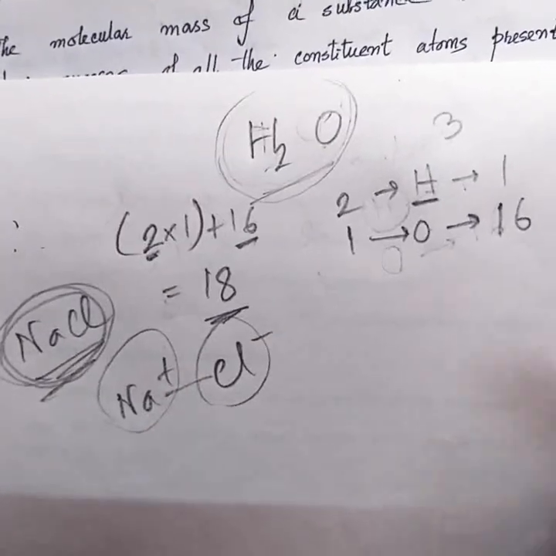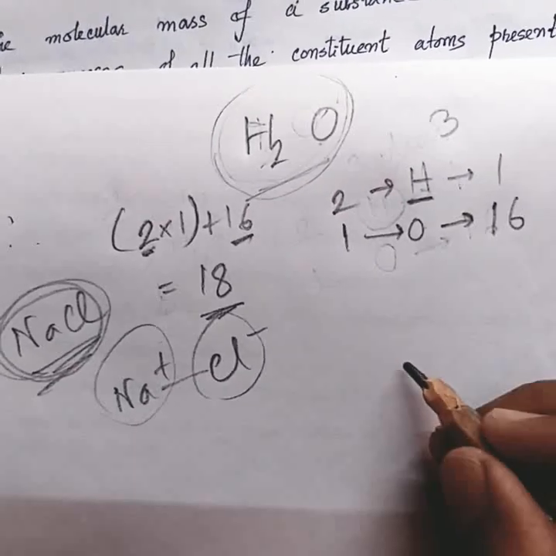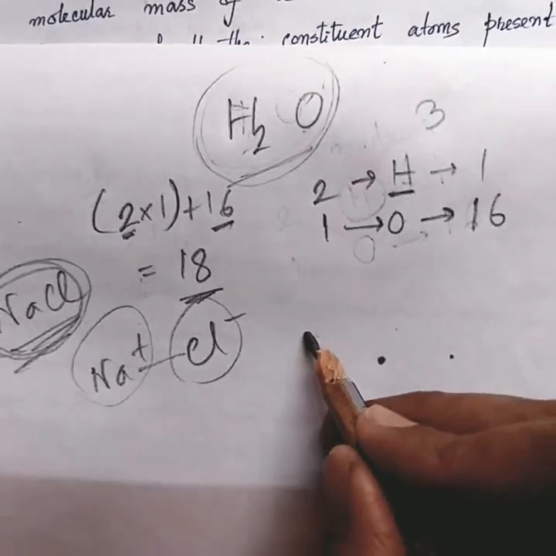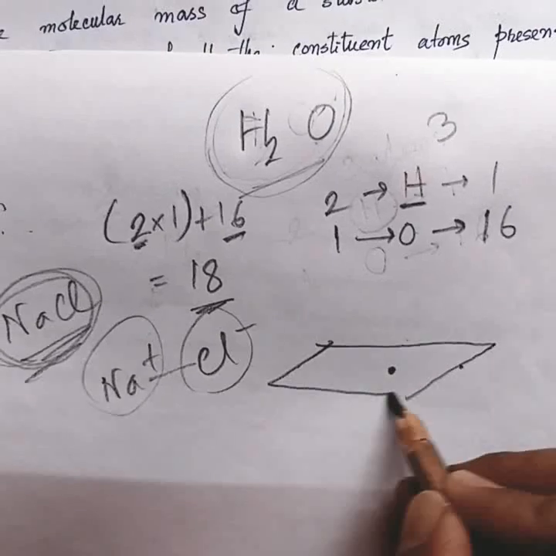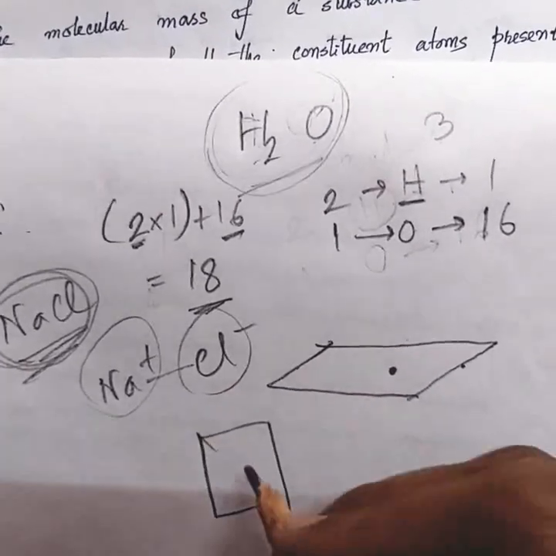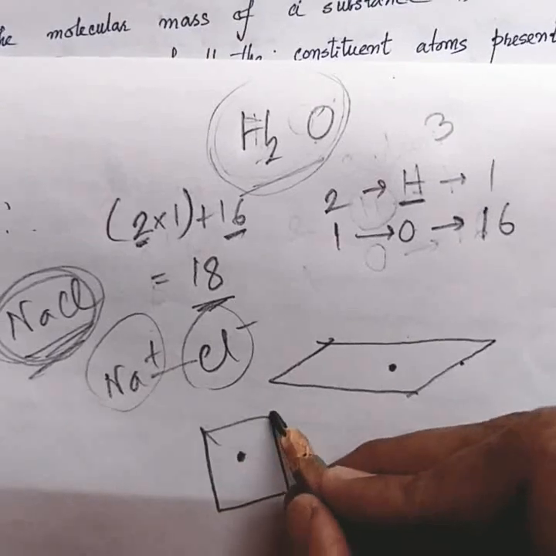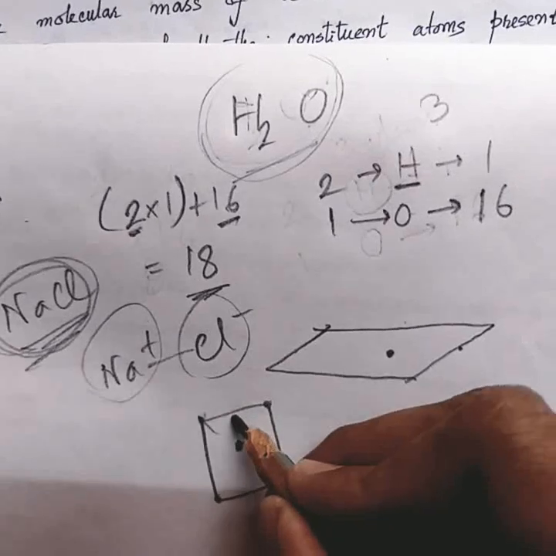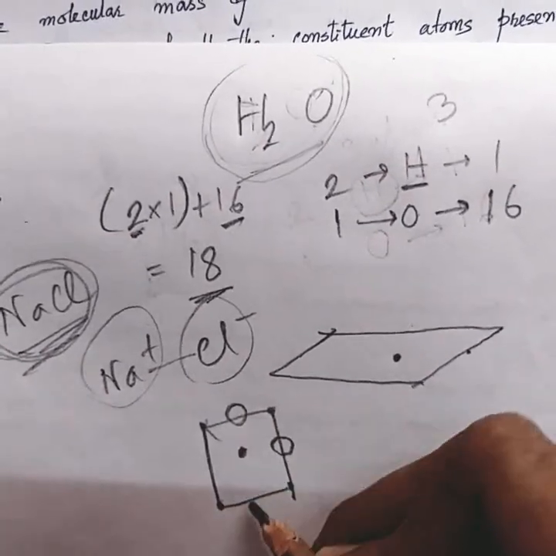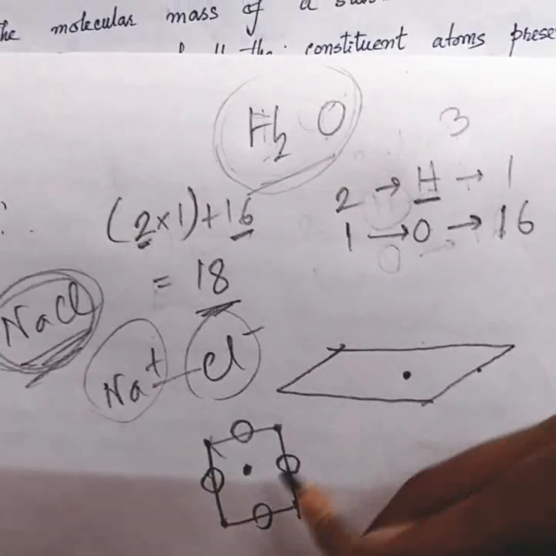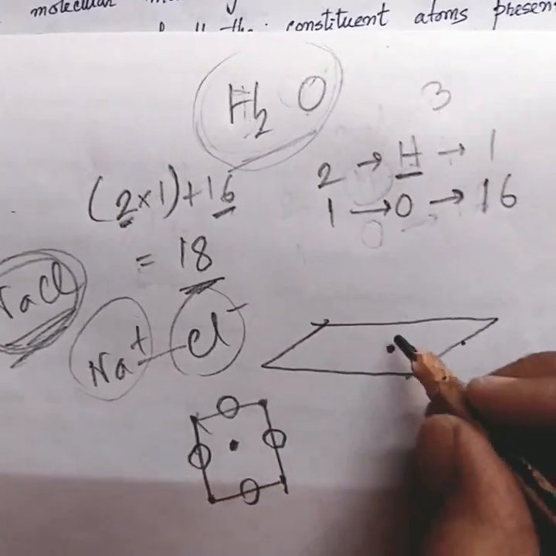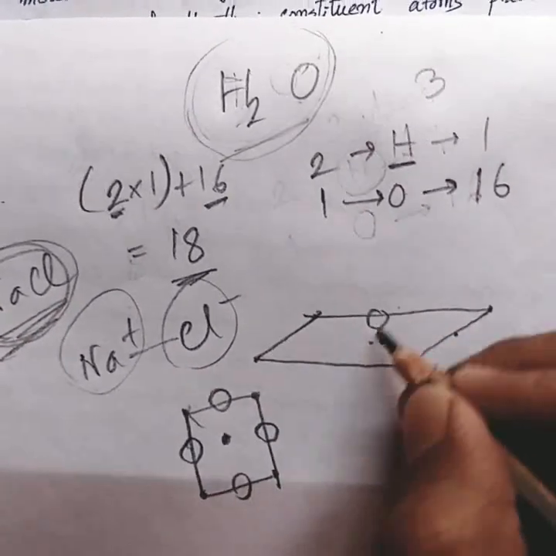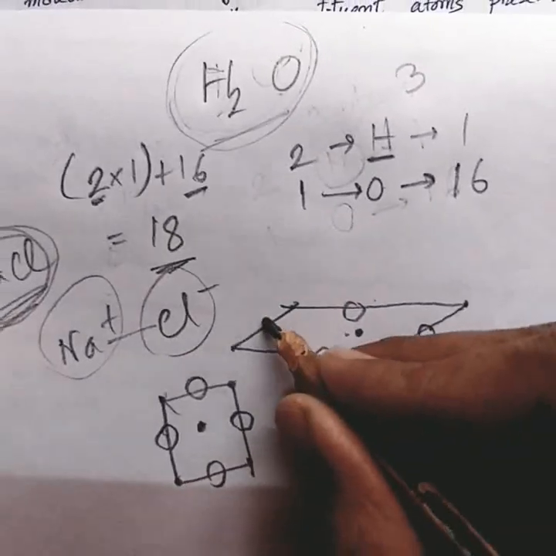If you take a sodium chloride crystal, you will see that in the center the sodium ion is present. Suppose there is a square type of thing like this. In the middle the sodium ion will be there, and in these corners also the sodium ions will be present, and over here in these positions the chlorine ions will be present. If you look at this structure from a side, it will look like this. In these corners and in the middle the sodium ion will be placed, and on these sides the chlorine ions will be present.